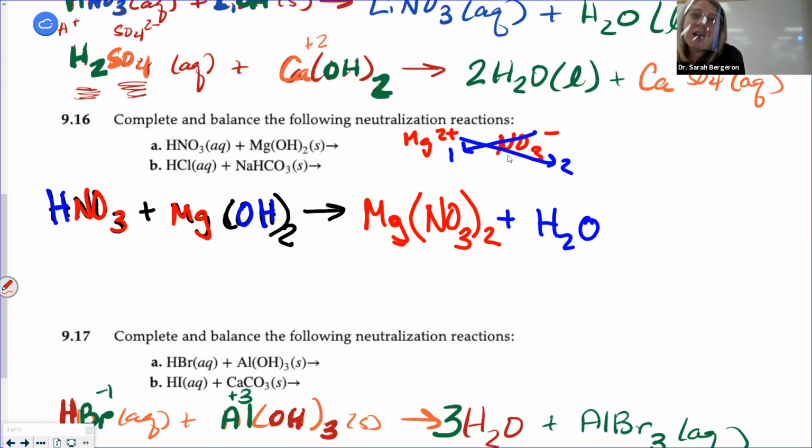You have 1 Mg on both sides. Look at NO3. I have 1 NO3 molecule here. How many NO3 molecules do I have here? 2. I have 2 of them, right? So I'm just counting my polyatomic ions. So I need to put a 2 here in order to get 2 NO3 molecules here. But now, what happened? I have another H. But think about this. To make water, I have 2 hydroxides and 2 hydrogen ions. So how many molecules of water do I make? 2.